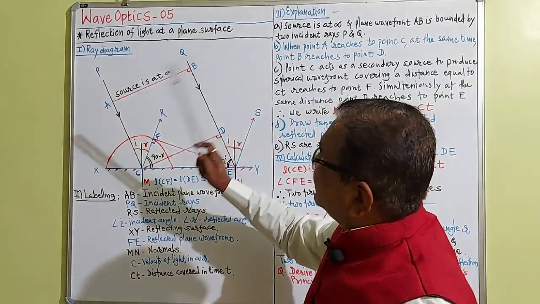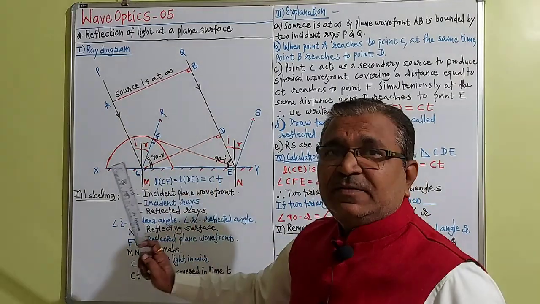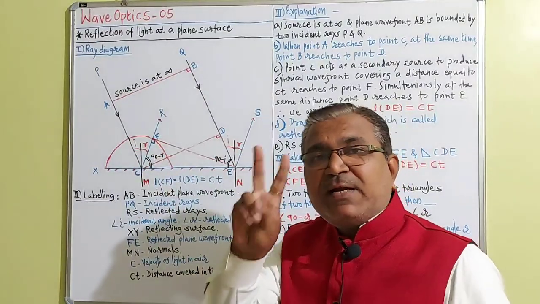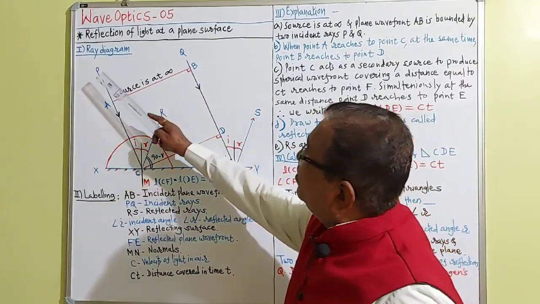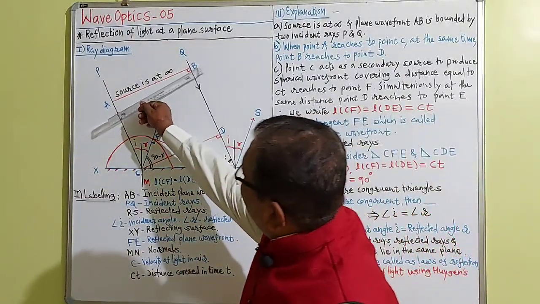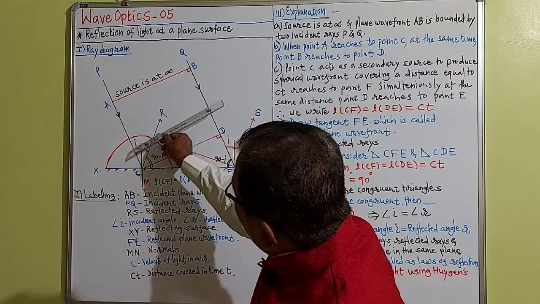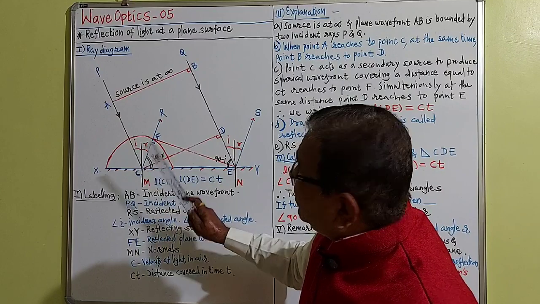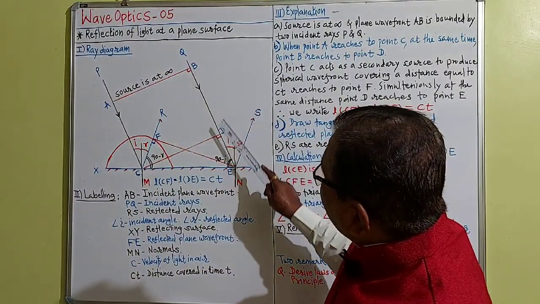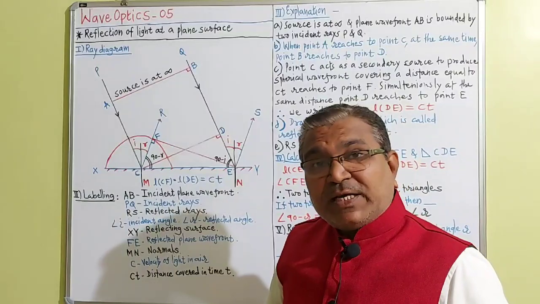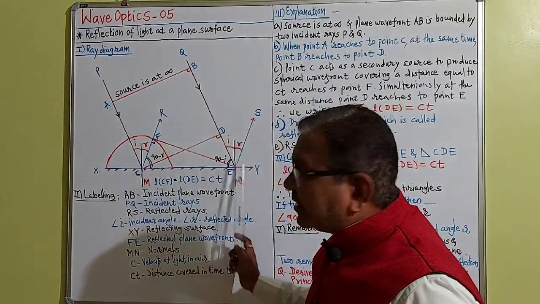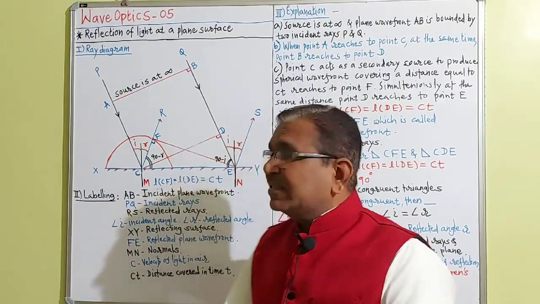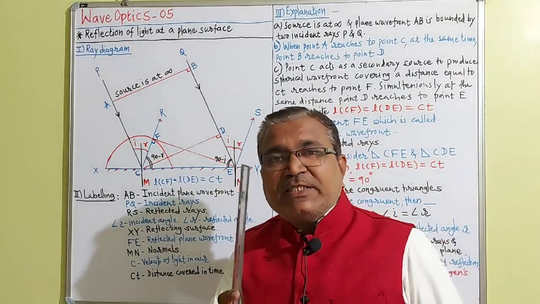How can we write the note? See here, the first sentence: source is at infinity. Consider a plane wavefront AB which is bounded by two incident rays P and Q. When this incident plane wavefront comes like this, point A reaches point C, and at the same time point B reaches point D. As soon as point C touches the reflecting surface, what happens? According to Huygens principle,